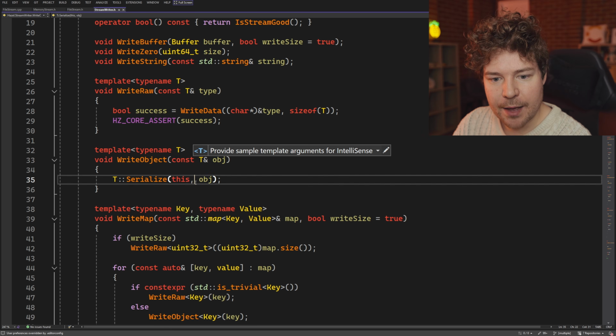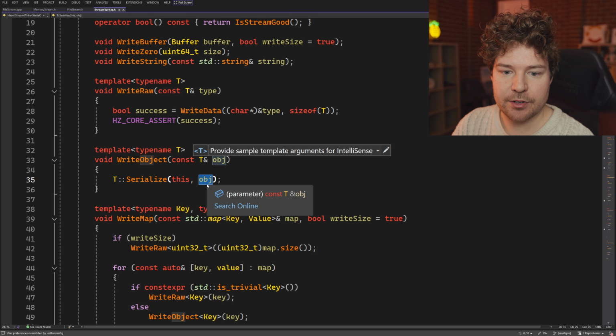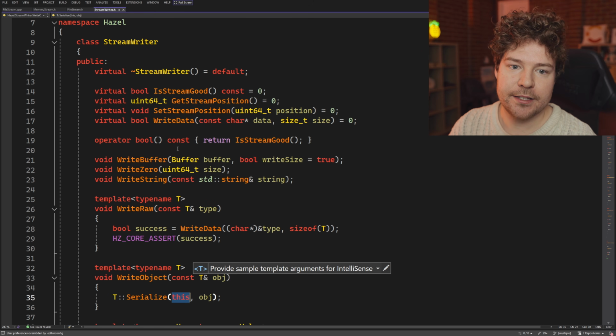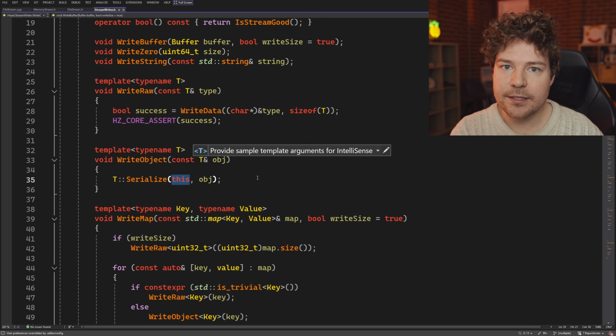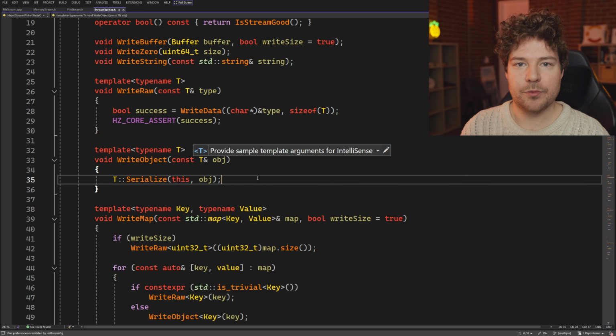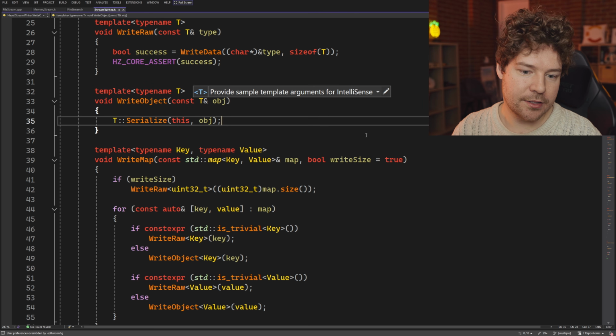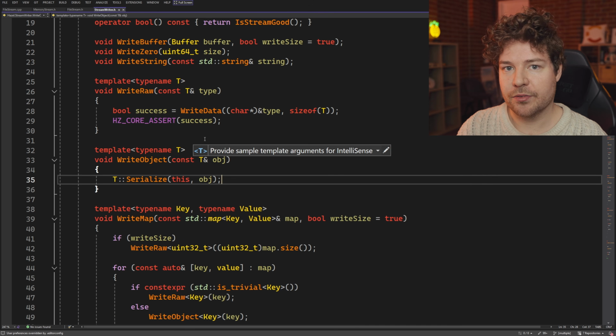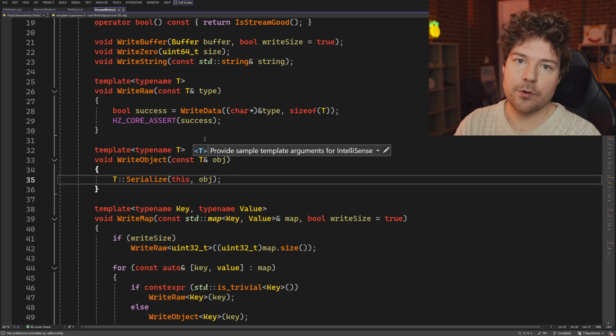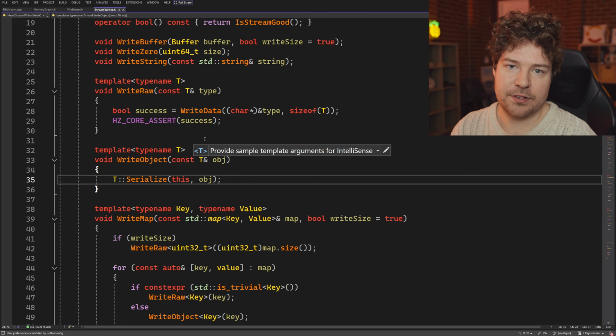On the object type with the instance that we're trying to serialize, as well as the current instance of our writer, which basically means that it's then up to that class, that object, to define how step by step it gets serialized. That's where the whole manual situation comes in, because for basically everything else, it can more or less be automatic, but if you have these non-trivial types, not just a straightforward buffer in memory that you just need to get to disk or to memory or whatever, then you actually have to spend some time implementing